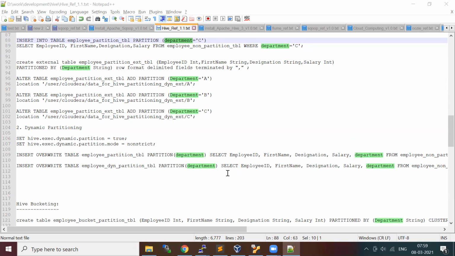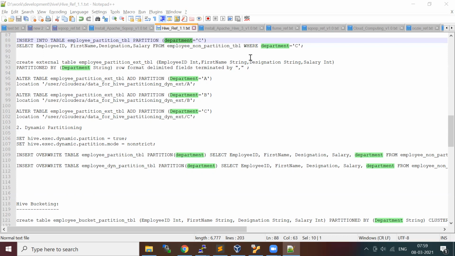At the end of the day, with an external table, we may not go for parallel processing, right? It just stays on one server. No, no. For both tables, parallel processing will happen. When you store in HDFS, it's basically distributed. But the external one is on the local file system, right? No, HDFS only.